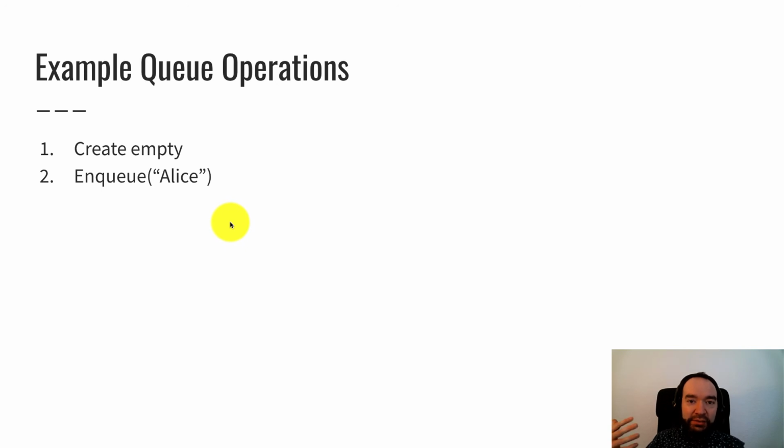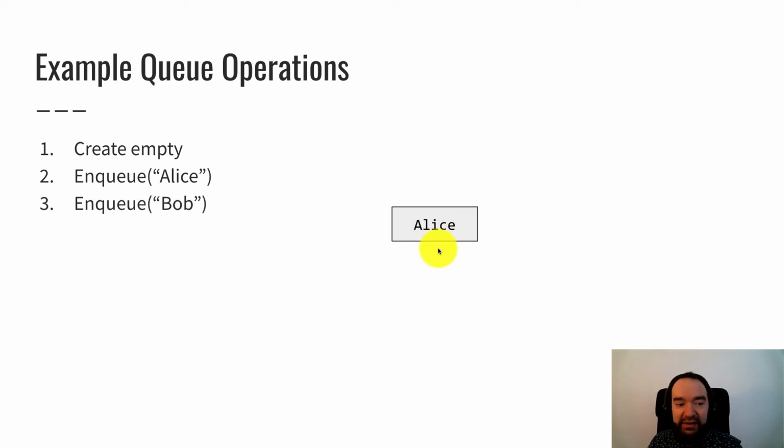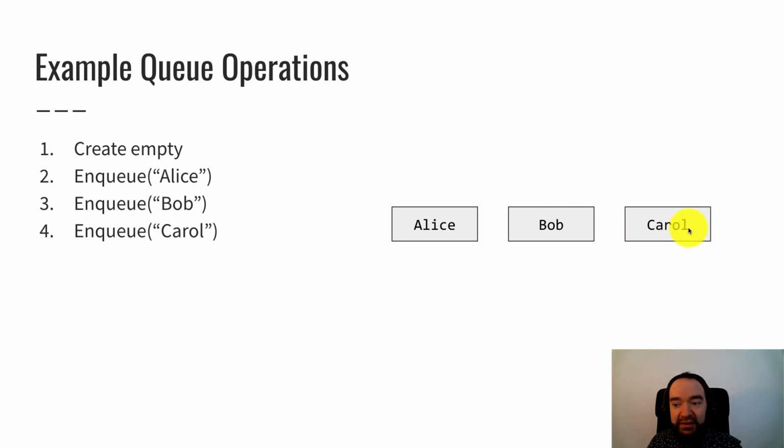I'm going to work with the computer science security first names. There's this convention in security when you're talking about agents in some security system, you use people whose first names start with A, B, C, and so forth. So let's enqueue Alice, that's the first one in that list. Here's my queue that just has one element, the string Alice. If I enqueue Bob, Bob will go to the back of the line on the right. There's Bob. If I enqueue Carol, Carol goes to the back of the line on the right. So now I have 3 elements in the queue.